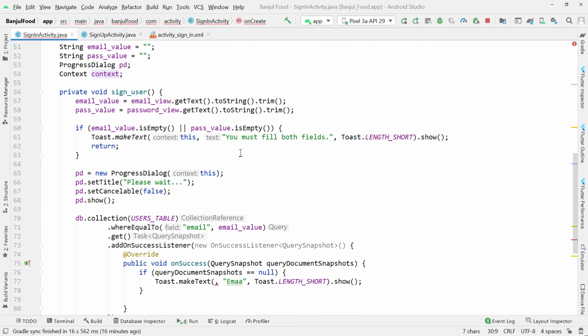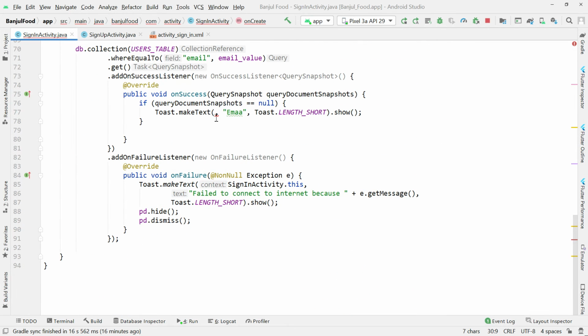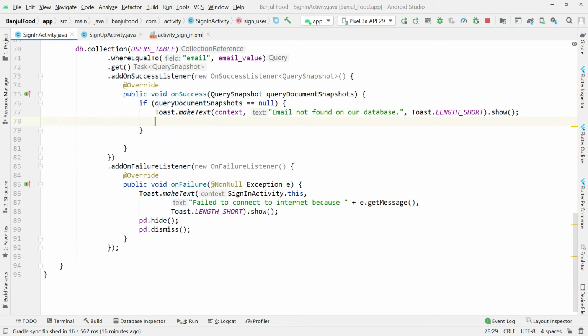So pass here the context, I can say user, okay, email not found on database, something like that. Email not found on our database,